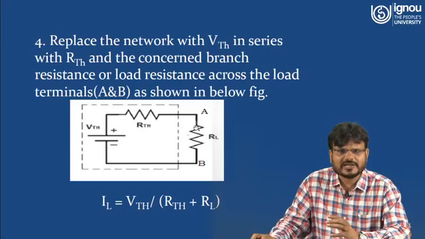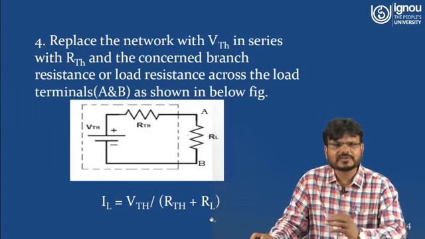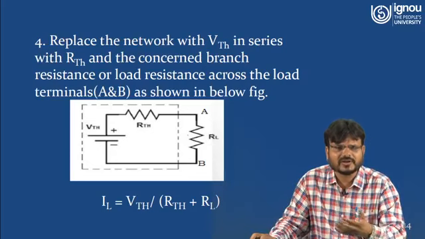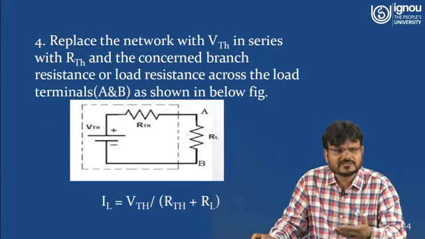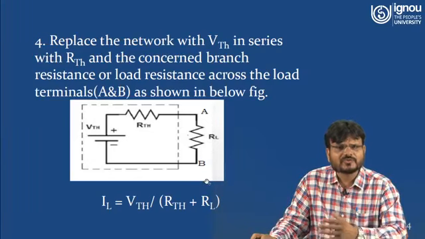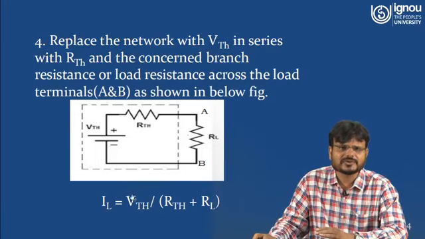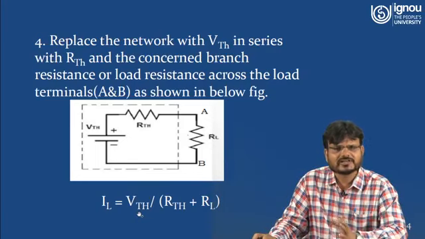If you have to find the current flowing through this load resistance IL, so IL is equal to what? IL is equal to this total voltage VTH, and these two resistances are connected in series. So IL is equal to VTH upon RTH plus RL, where RL is the load resistance for which you are interested to calculate the current or the voltage. RTH is the Thevenin resistance, or you can say equivalent resistance, looking from the two terminals A and B, while all independent energy sources are replaced by their internal resistance. And this Thevenin voltage is nothing but the open circuit voltage across the two terminals.